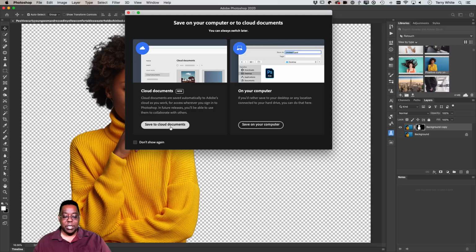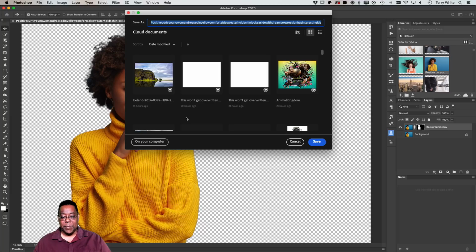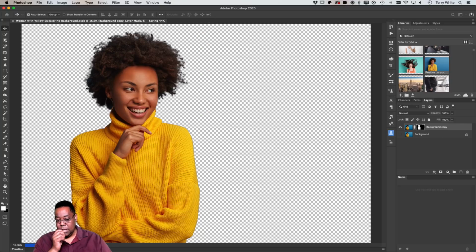Or use the other option, save to cloud documents. Now, what's this one for? The other one is the one you've had for the last 30 years. This is the one that's new. This is another choice. If I save it as a cloud document and I give it a name, woman with yellow sweater, no background, it's now available to me everywhere I have access to Photoshop.